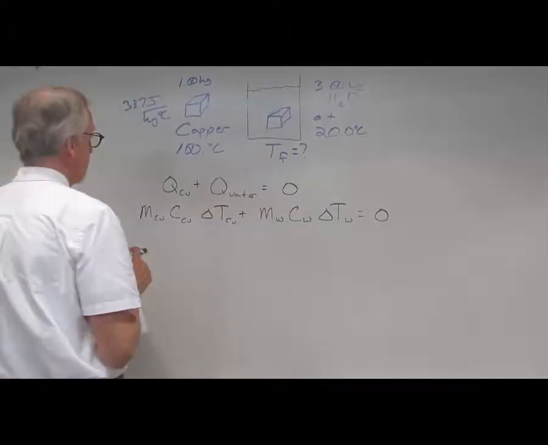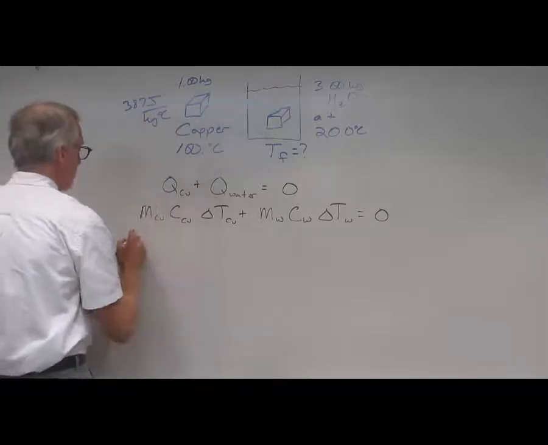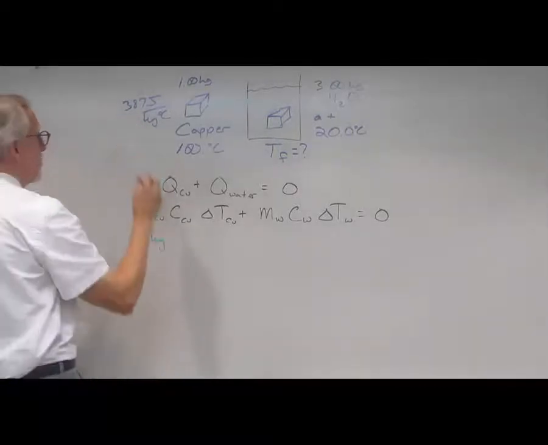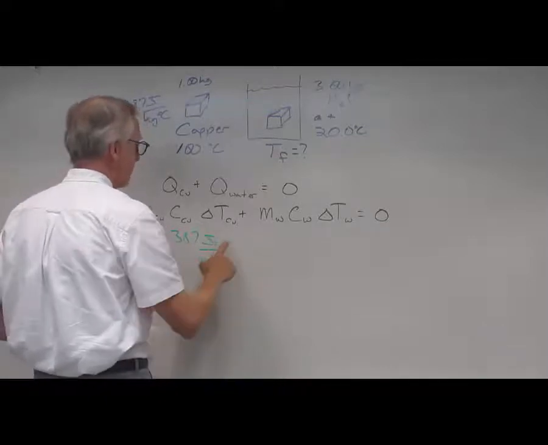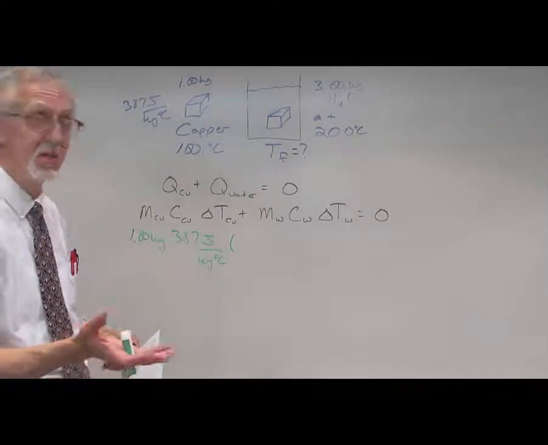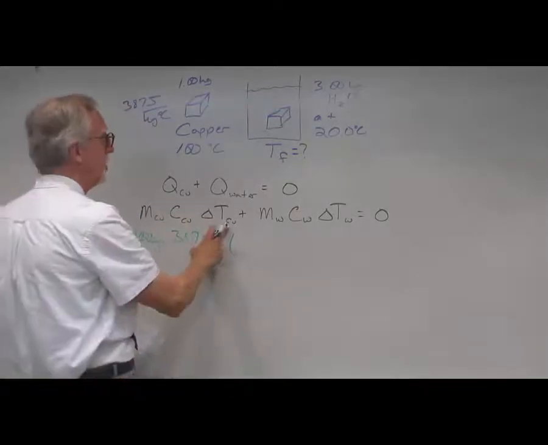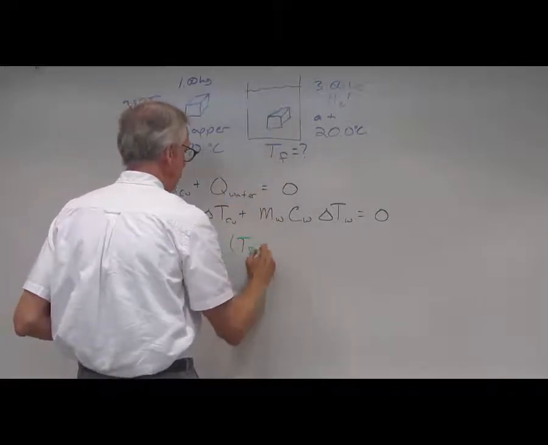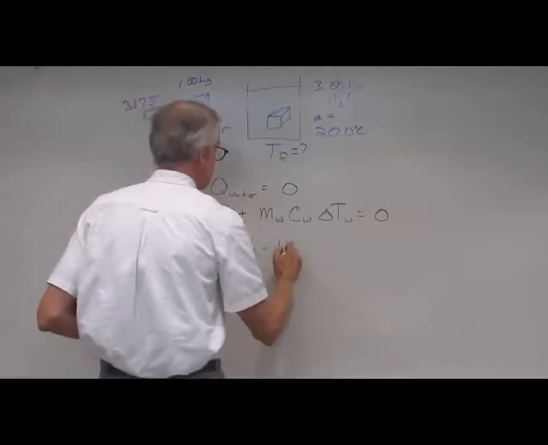All right, so let's put some numbers in here. We have mass of the copper, which is 1 kilogram, times specific heat of the copper, which is 387 joules per kilogram degree Celsius, times delta T of the copper. Now, delta of anything is always the final minus the initial of that quantity. So delta T of the copper will be the final temperature of the copper, which is TF, that's the final temperature of both the copper and the water, minus the initial temperature of the copper, which we know is 100 degrees Celsius,